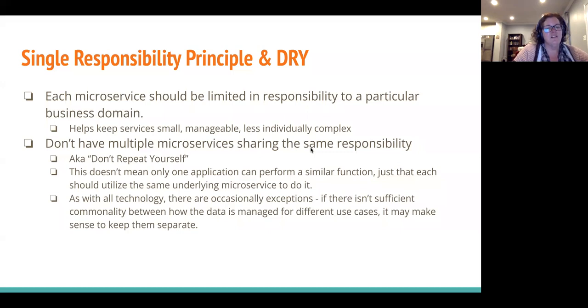Kind of my rule of thumb is, are they more similar or are they more different? If they're more similar, then I would have one single microservice that only enforces the global rules that are shared across everybody who's going to use it. And then those things that are a little different, those specialized app-specific rules, let the applications enforce those for themselves.